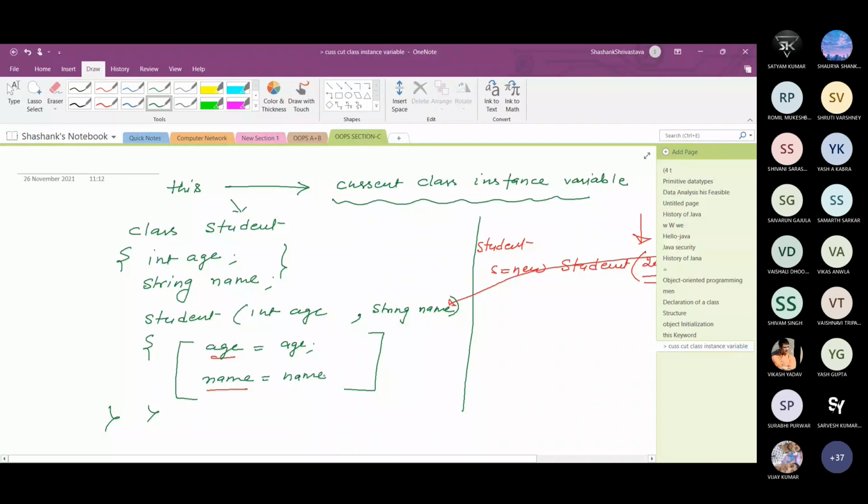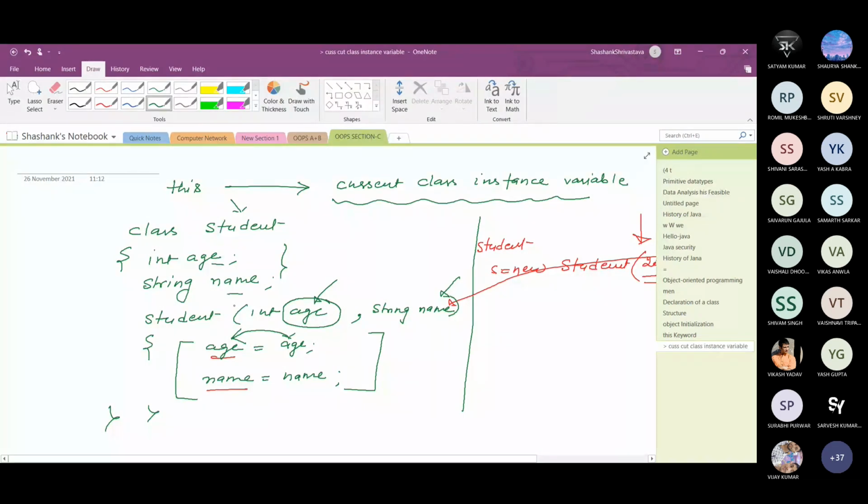The problem is how these both variables distinguish with each other, means age equal to age, name equal to name. Now the question is the parameters which are passed during the constructor calling, that is age and name, are copied into this age and name.